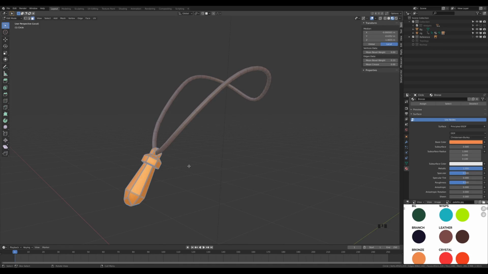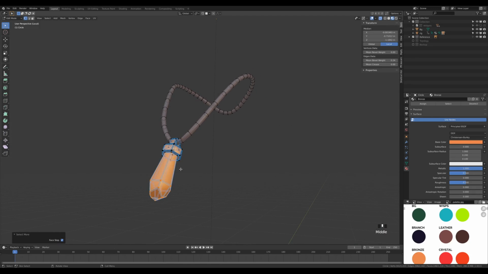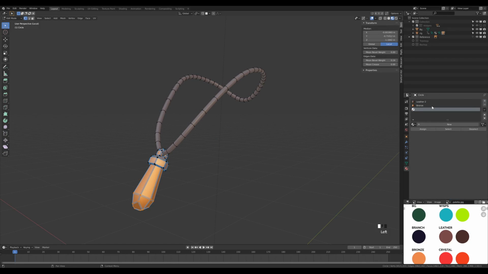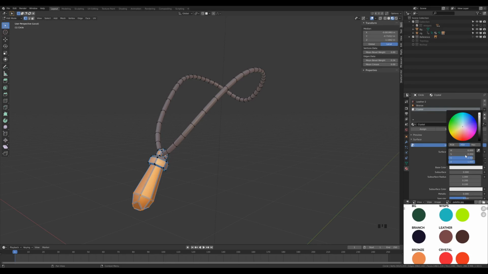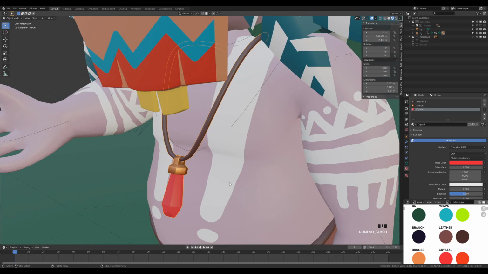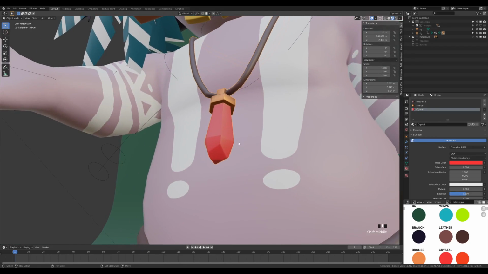And now for the crystal, we can go to the vertex select, toggle the X-ray, select all of these vertices down here and just press Ctrl+. So we select these up there as well. Now toggle the X-ray back and let's create a new material slot. Let's call this crystal. And we'll pick up the red color from the palette and click assign. So right now we have all the materials assigned. We can tab out and exit the local view by pressing slash, but we are not done with the talisman